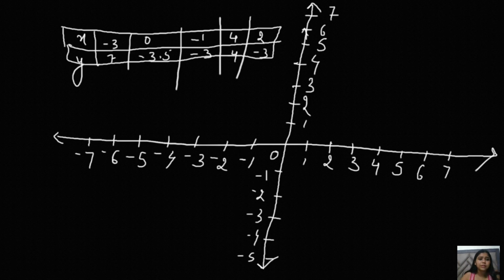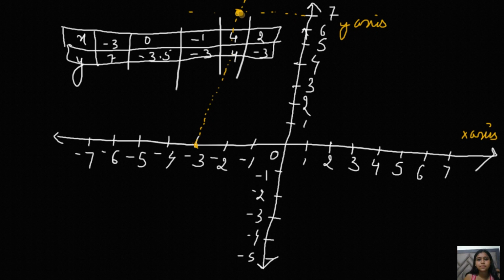So the next thing we'll do is just locate the points. For x equals -3, this is the x-axis. As I told you people, this is the x-axis and this is the y-axis. Let's just begin with this. This is the x-axis and this is the -3 point. So let's just draw a dotted line. Okay, now y equals 7. This is the dotted line, and y equals 7 is here. So this is the point where they both meet.